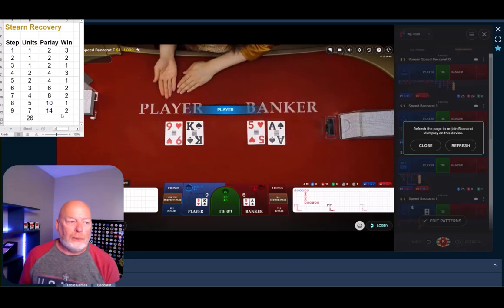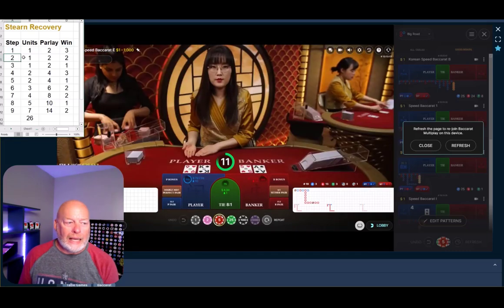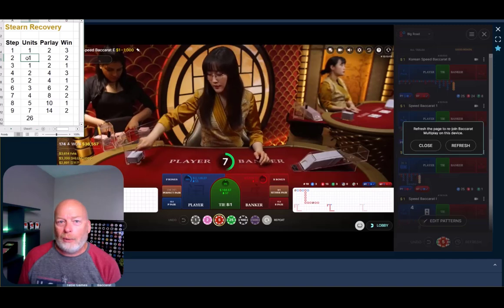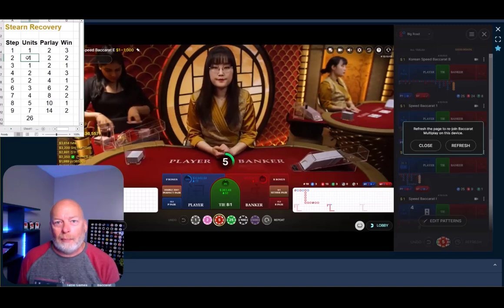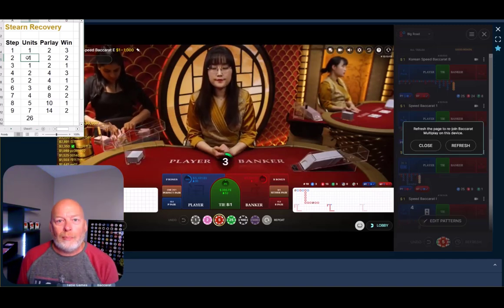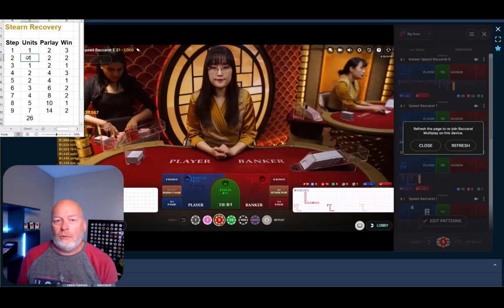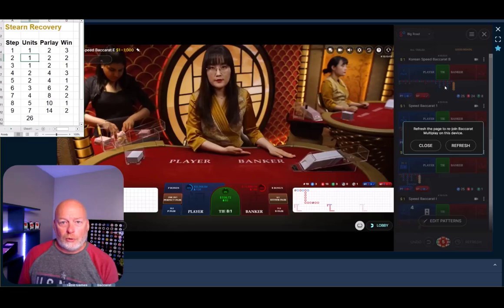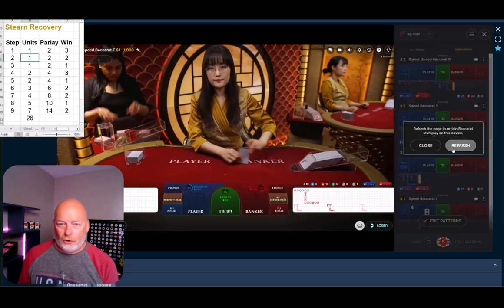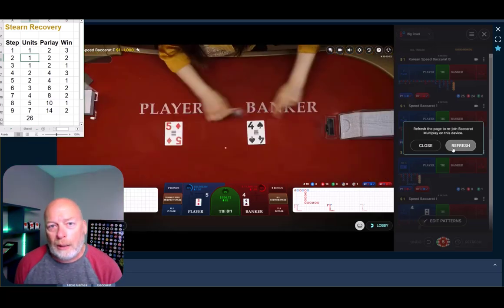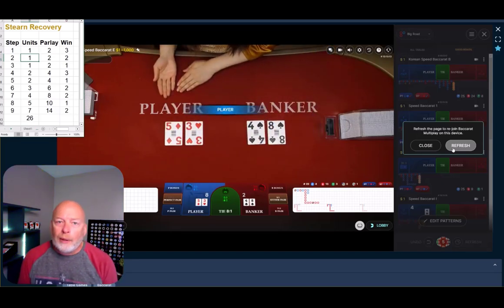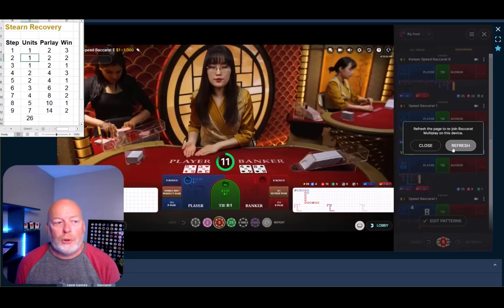So now what I would be doing is going to my second step, which is also 1 unit, but I'm not doing it at this table, right? I'm going to go back out, find another table, and we're going to keep doing that. It's a beautiful thing about having the good roads: I can come right back over here and jump on another table. Of course, I could even play those from right there, but don't play more than 1 table, because what you don't want to do is